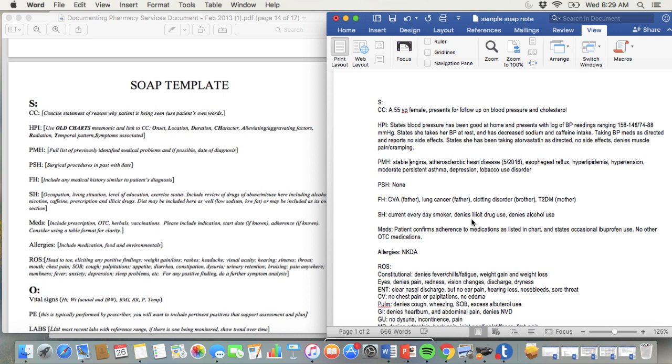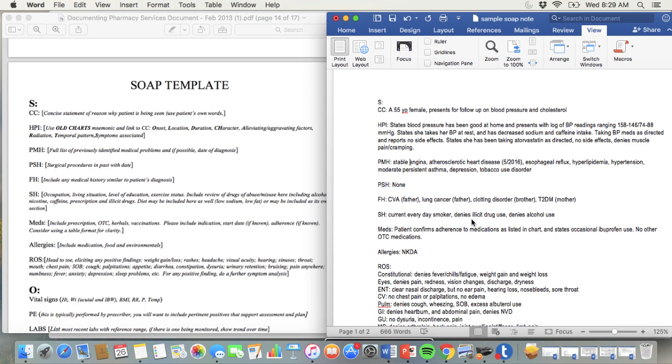She takes her blood pressure at rest and has also decreased her sodium and caffeine intake, and she's taking her current blood pressure meds as directed and reports no side effects. She also tells you that she's been taking atorvastatin as directed without side effects and denies muscle pain and cramping. So that's your HPI. It should be pretty brief because it's focused on one complaint or